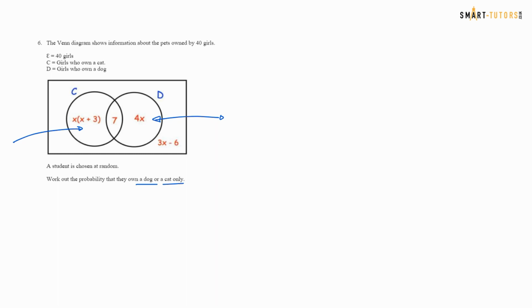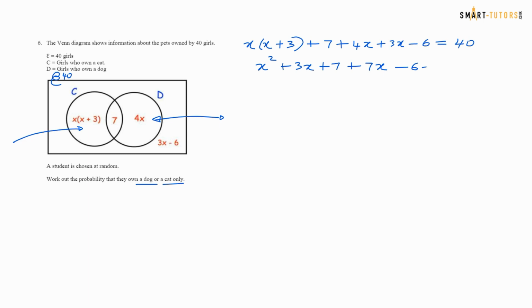First of all, the 40 girls is the total girls of this Venn diagram. So we can write an equation: x plus 3 plus 7 plus 4x plus 3x minus 6 equals 40. So x times x is x squared, plus 3x plus 7, 4x plus 3 is 7x, minus 6 minus 40 equals 0. Now collect the like terms. X squared, 3x plus 7x is 10x, and 7 take away 6 is 1, 1 take away 40 is minus